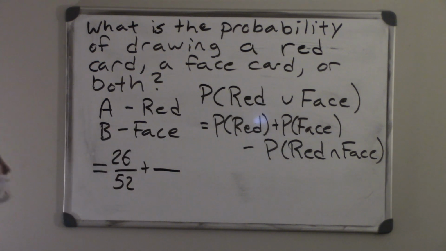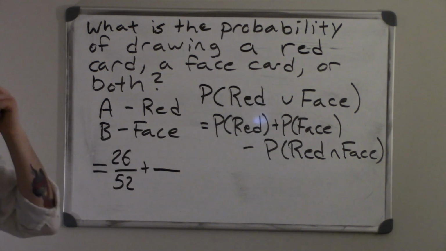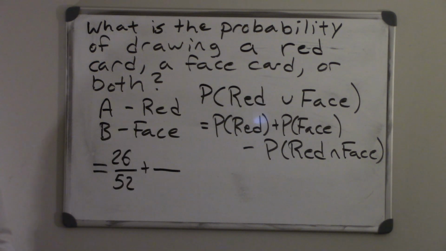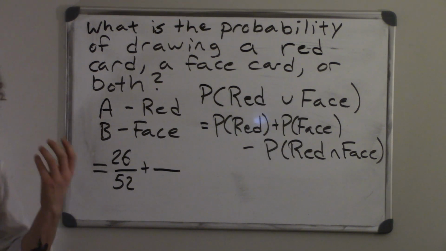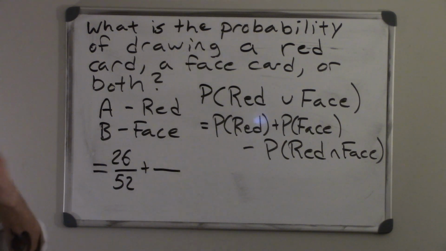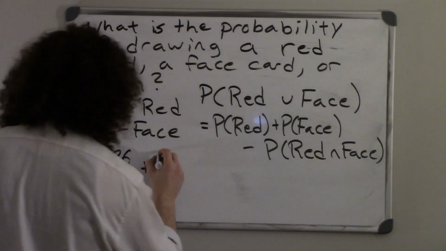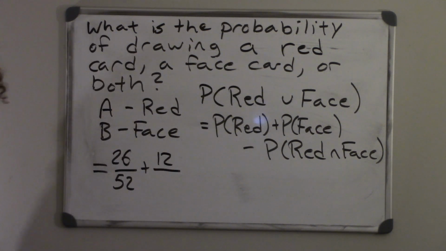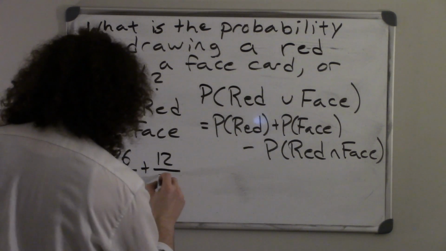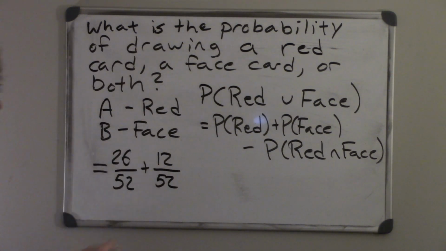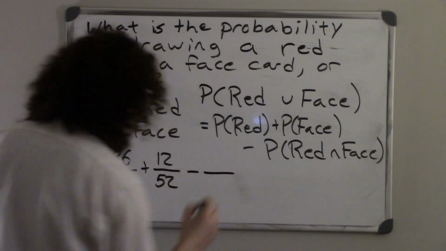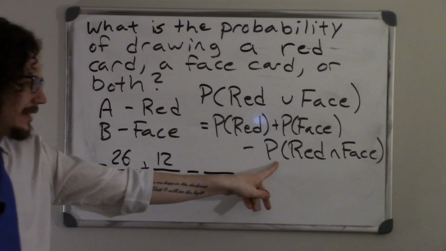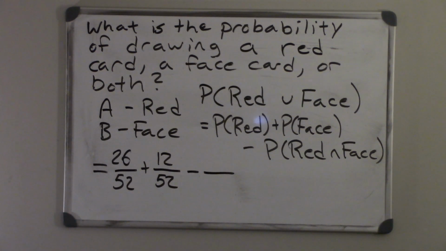Once again, we're going to need to know the number of outcomes in the sample space. In case anyone doesn't know, there are 3 face cards for each suit in a standard deck: the king, the queen, and the jack. There are 4 suits, so if there are 3 face cards, 1 in each suit, that means 3 times 4, we have 12 face cards. Once again, we're going to divide by 52, and now we're going to subtract the probability of the